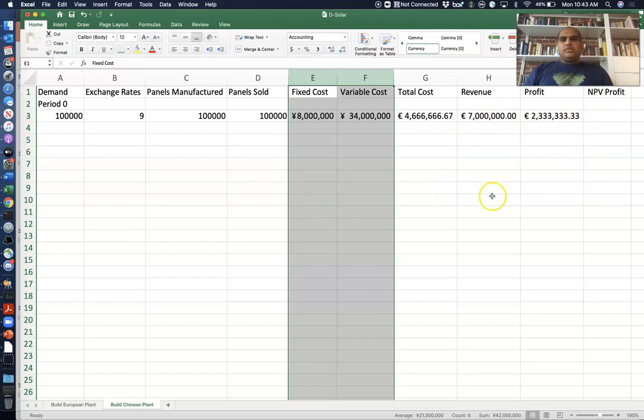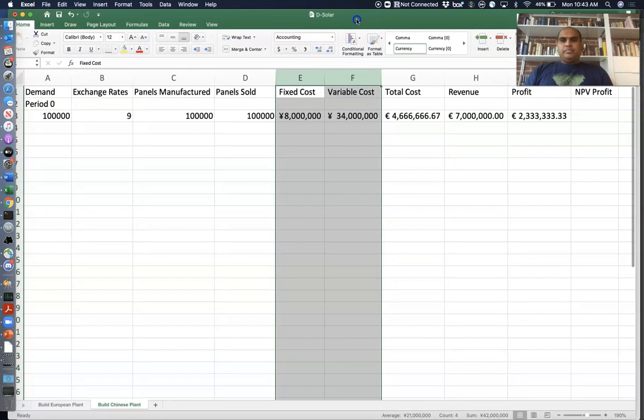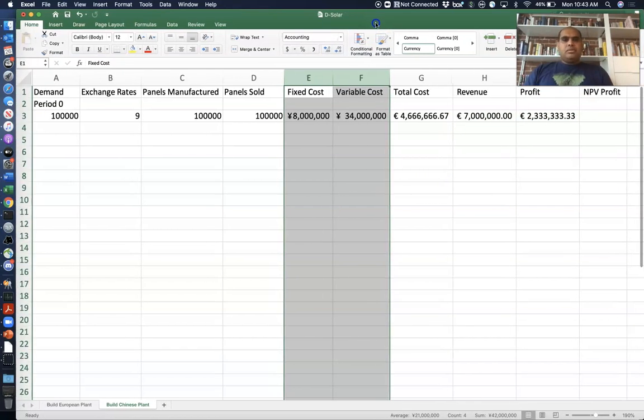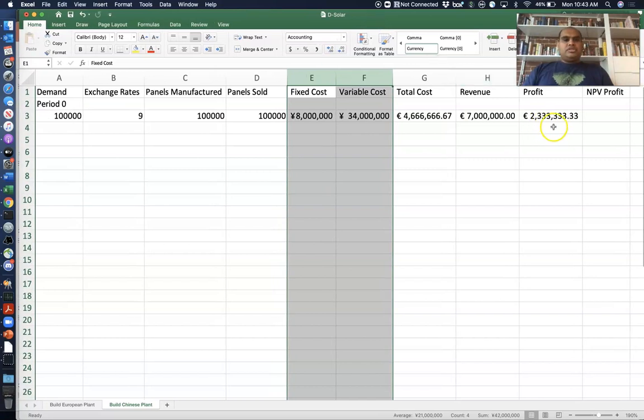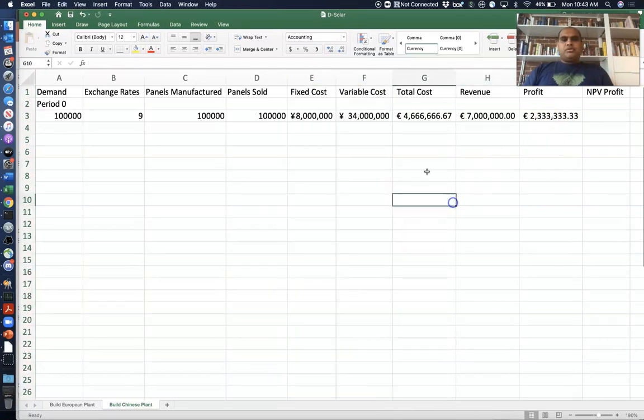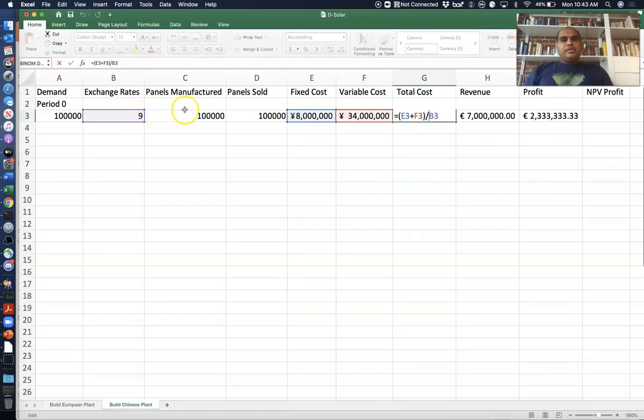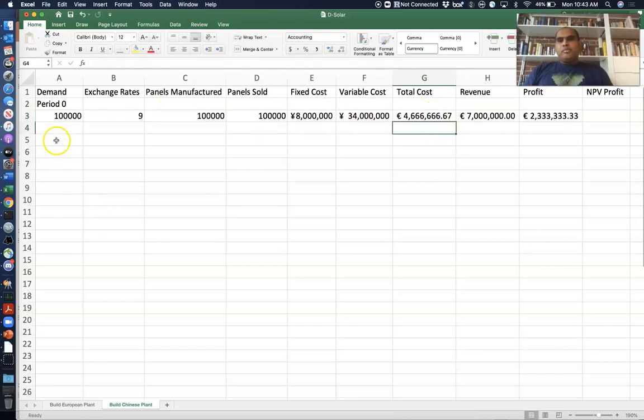But all of this will, of course, have decimal places. Okay, so essentially at the end we are going to calculate everything in euros. So we are going to calculate the fixed and the variable cost in yuan, but when we calculate the total cost, we're going to divide that by the exchange rate to convert everything into euros. Right? Now let's do period